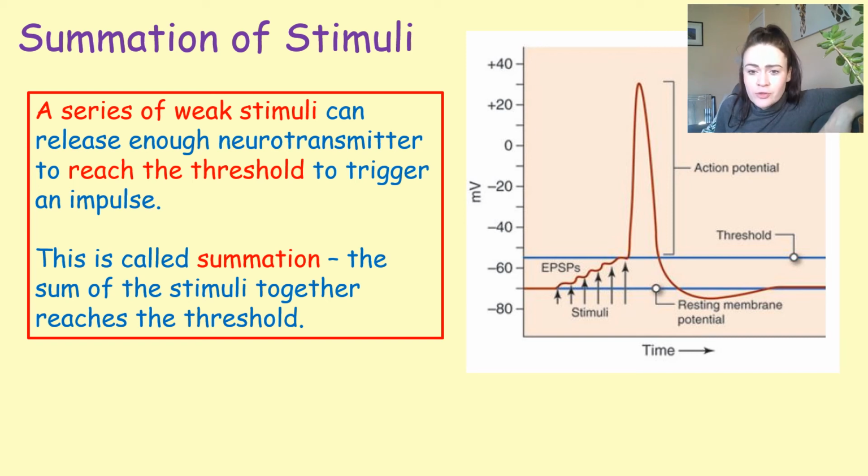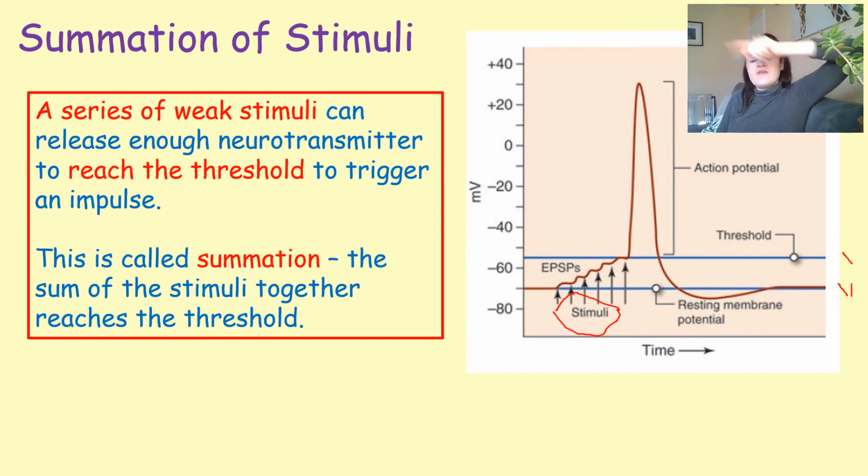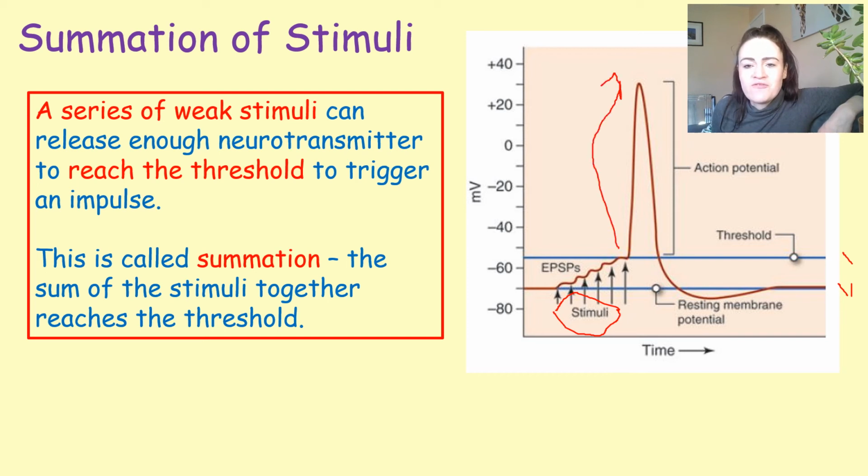Now if you have a little look at this graph here, it's got a series of stimuli. This is pretty much the same as what we had before. We've got our resting potential line here, and our threshold line there. We've got about 6 different short bursts of stimuli here, and you can see the voltage going up in a step-like manner every time some stimulus is added in. It's only after the 6th stimulus is added that we actually reach the threshold. And then we fire up here, sorry, that should be a straight line, fire up,